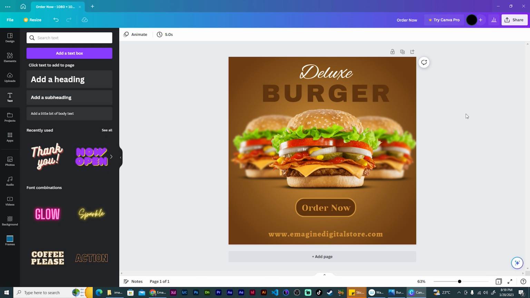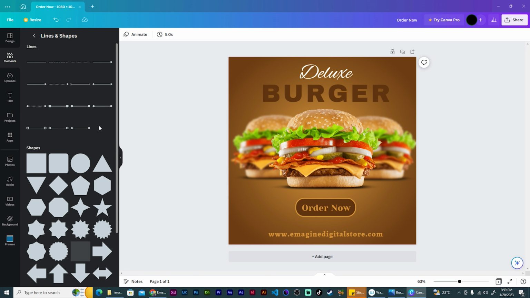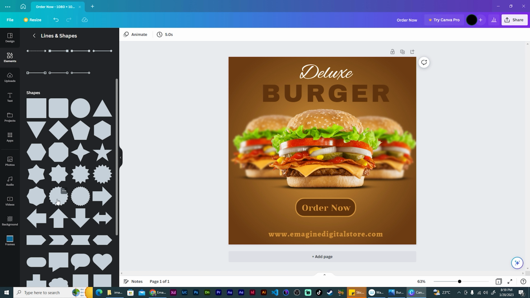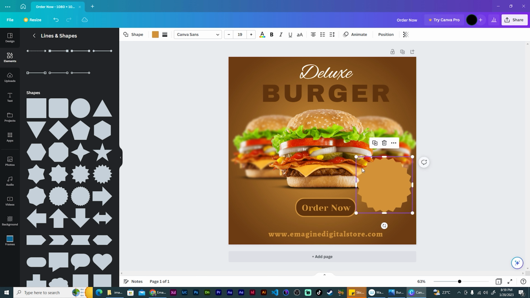Perfect. Now we can stop here if you want it to be just minimalistic like this, but you can also go ahead and add a bit more to it. We're going to add a button here for free delivery. To do this, I want to use a shape, maybe one of these star shapes here. This one looks good. So I'm going to just drag this to the side like this,